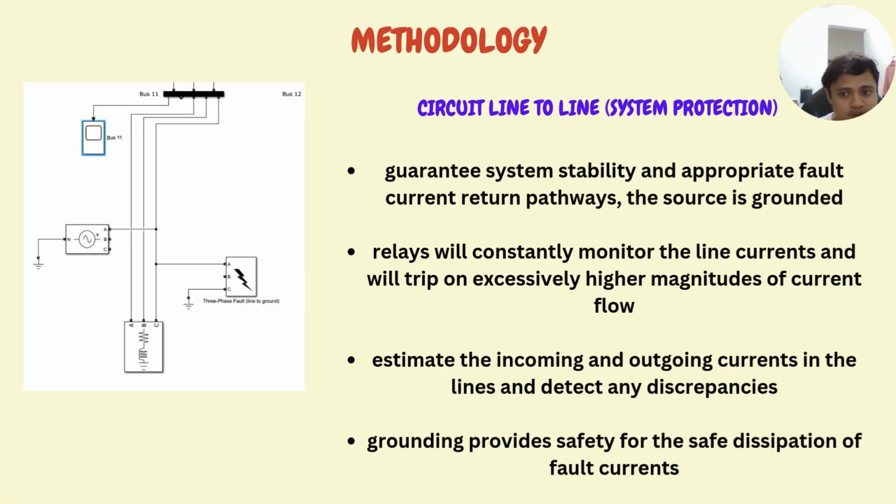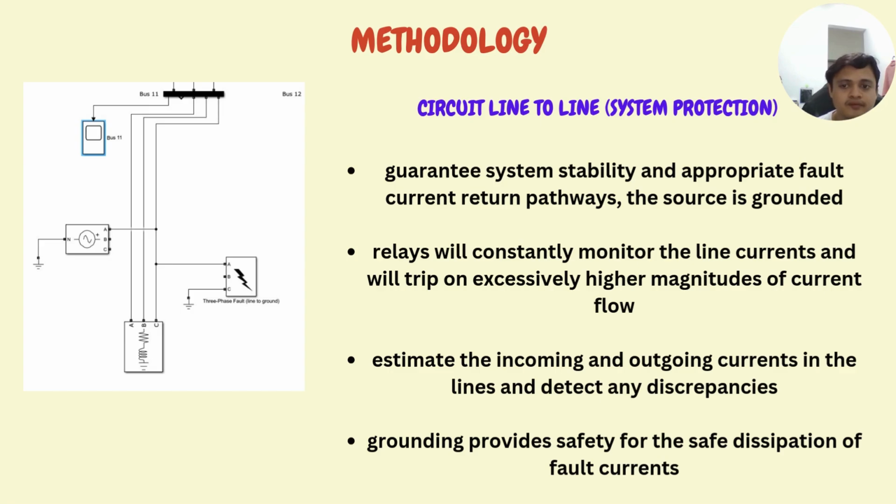So the circuit simulates a line-to-line fault with a protection system and its related components in a three-phase electrical system that has been modeled in MATLAB. A balanced three-phase supply connected to the rest of the network is provided by the three-phase source block. To guarantee system stability and appropriate fault current, the source is grounded. Bus 11, which serves as the main hub for power distribution, is connected to the source's output. The circuit additionally incorporates a three-phase load block to simulate the combination of resistive and inductive loads